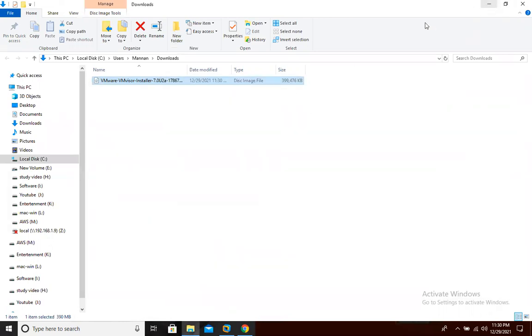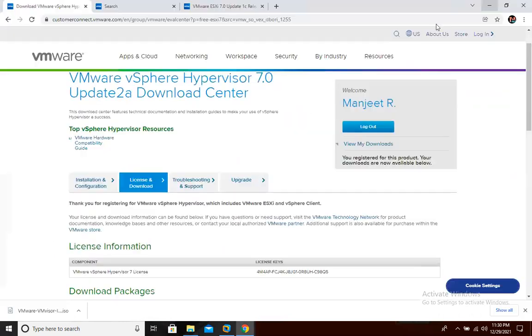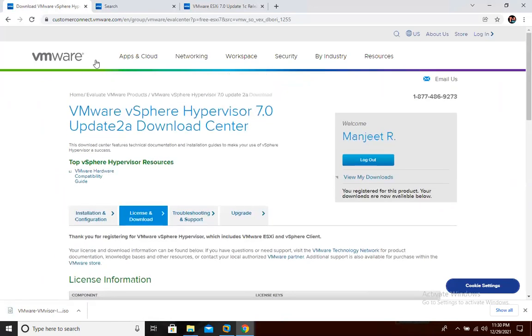Now we need to install this ESXi on our hypervisor machine, meaning VMware Workstation. You can download anything from this particular panel.